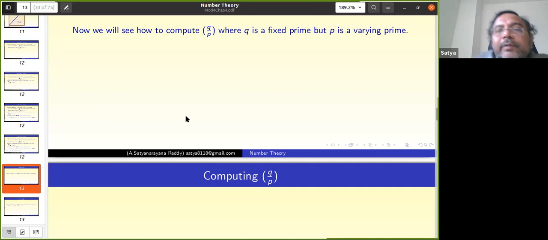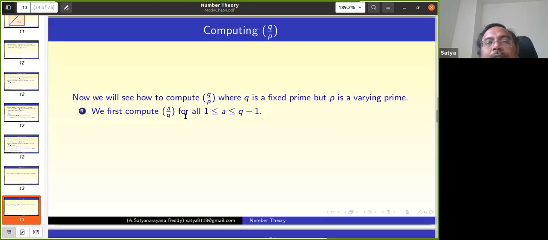So for which primes p is q a quadratic residue, and for which primes p is q not a quadratic residue. Q is fixed. That means in which primes does x square equal to q mod p have a solution. P is varying. For which primes does that polynomial split, or have a root, and for which primes does it not. So that is the goal. So how many primes are there? An infinite number of primes. So that is a little complicated, infinite.